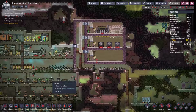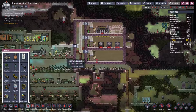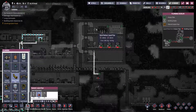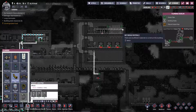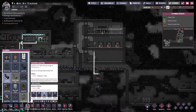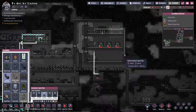These guys. All right. So do I have enough stuff for these radiant pipes yet? Not really. I can put a few in, like, right back behind this. And that is going to be that. We're going to want insulated pipes for, you know, a bunch of... So this...